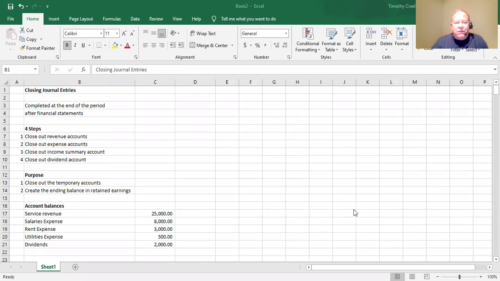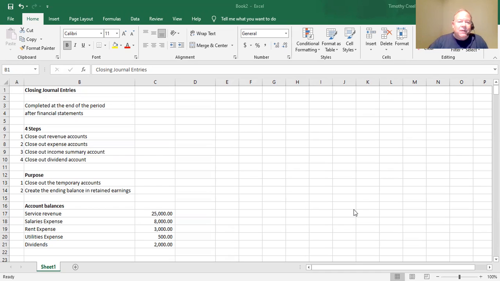These would be the journal entries that are made at the end of the period after all the regular transactions have been posted, after you've run the trial balance, after you've done the adjusting entries, after you've run the adjusted trial balance, after you've done the financial statements. At that point, you would then do the closing entries. So they're at the end of the period. And the only thing that comes after the closing entries would be the post closing trial balance. And then at that point, you close down the month and you start the next month or the next accounting